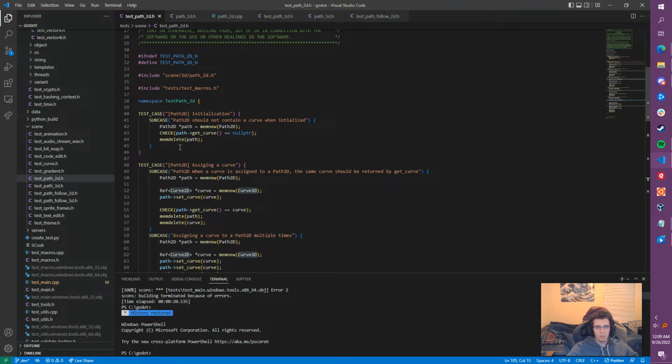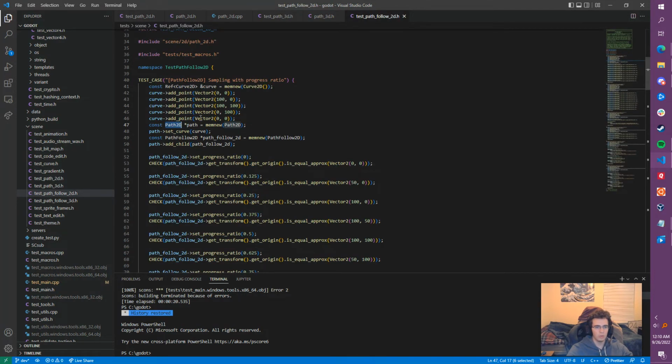I did run into a major roadblock when I was creating these tests, and that is that the Path2D object cannot actually be initialized because it requires some dependencies that the testing software does not support. So right now, if you try to run these tests, you'll actually run into a segmentation fault. That's an issue that doesn't have anything to do with how these test cases are written, and some similar test cases, for example, the test cases for PathFollow 2D that also initialize Path 2D, run into these same issues, and these tests were already created and merged into the main repository.